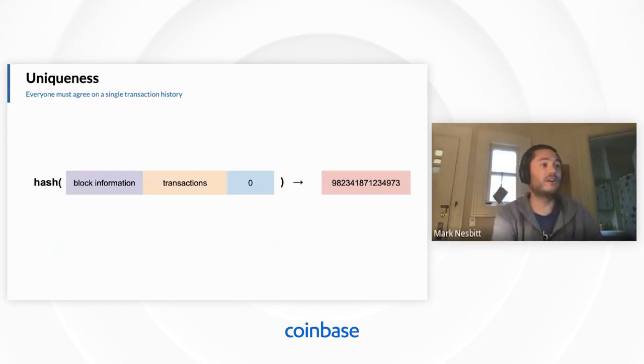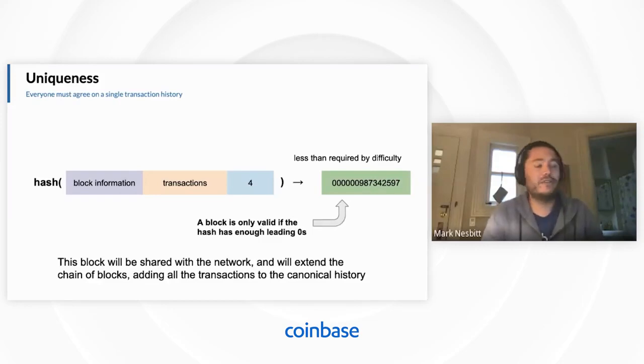So this is how it could look in a Bitcoin block. You have the block information, that includes the transactions, and you have your wildcard. And you iterate through it, and eventually you're lucky enough, you find a wildcard, and the block will only be considered valid if it has these leading zeros that are sufficiently long based on the protocol's parameter for the difficulty. Once you meet that requirement, meet that bar, you can share that block with the network at large, and the network can perform a single hash function, validate that you did this work, and then can add this block to the blockchain and extend the blockchain and add the transactions in this block to the canonical unique transaction history.